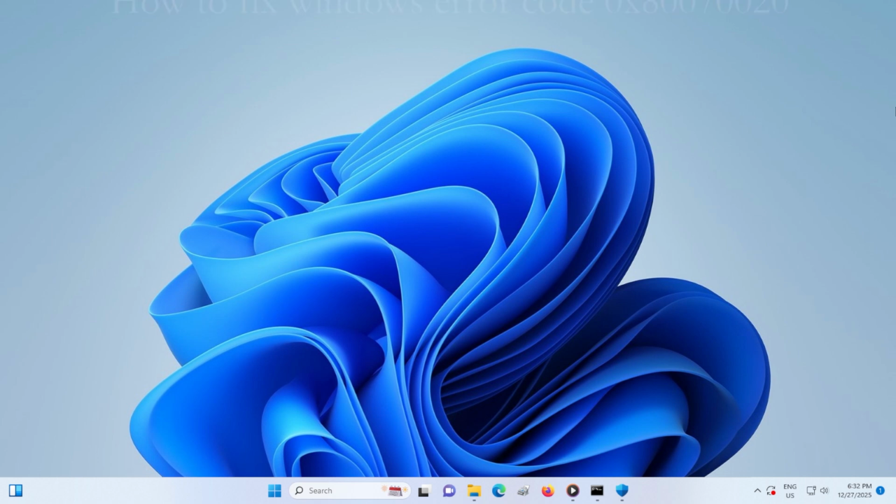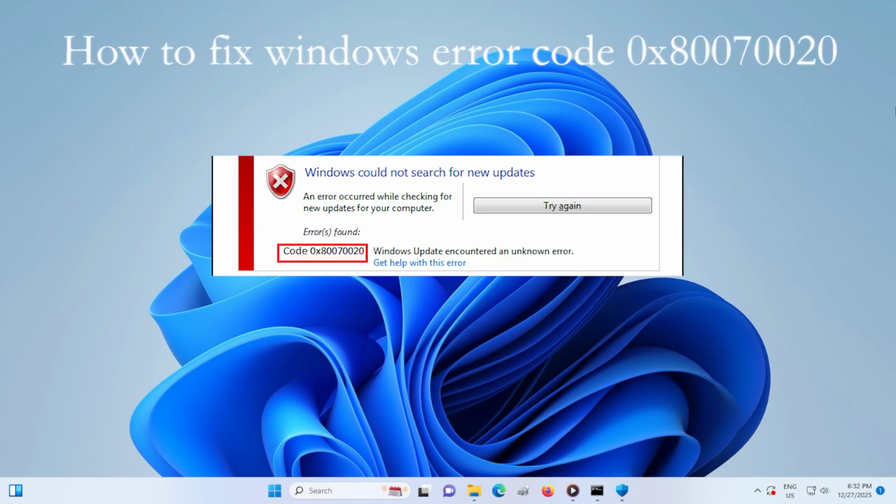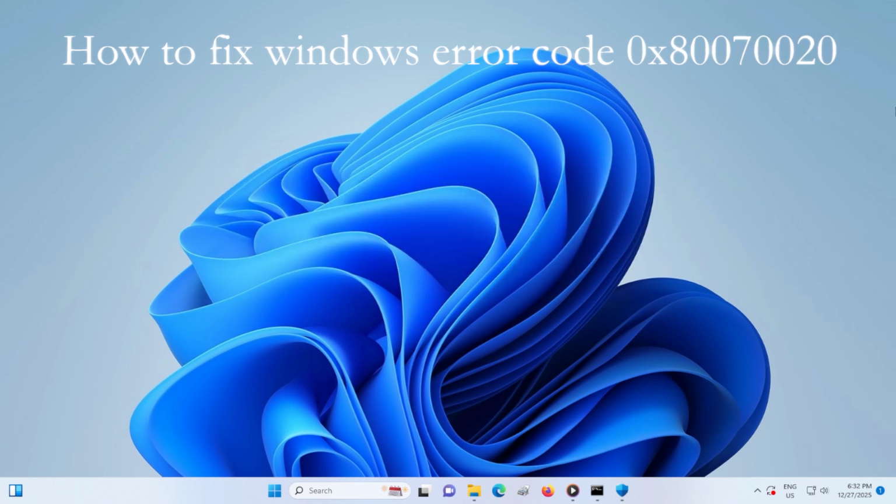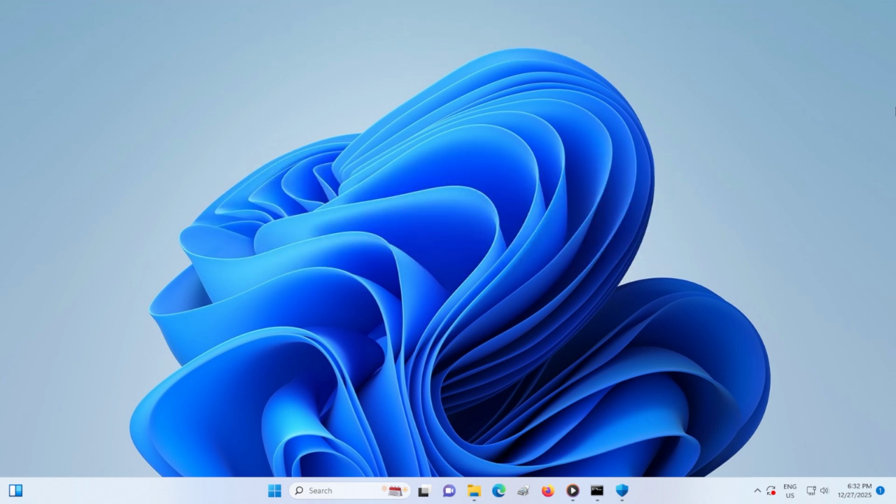Hey guys, if you're getting Windows error code 0x80070020 while updating or installing Windows, don't panic. This error is common and it usually means another program is blocking the update process. Most of the time this happens because antivirus software, background apps, or Windows services are locking files that the update needs to use. We will fix this properly step by step, starting with the fastest solution that works for most